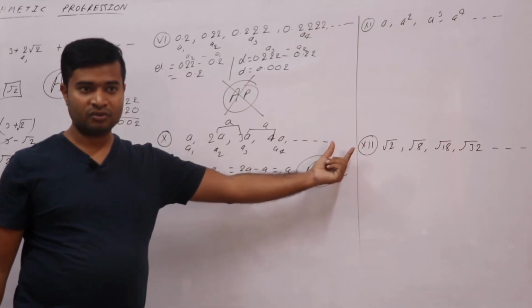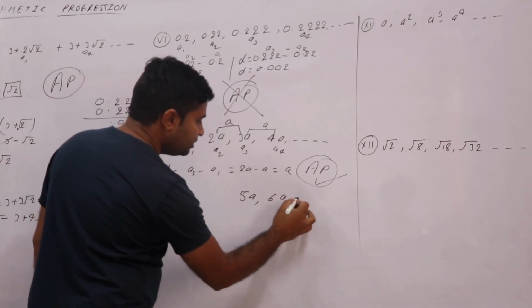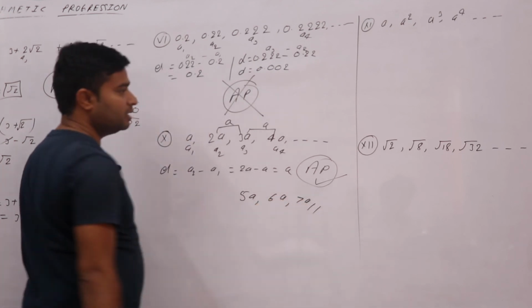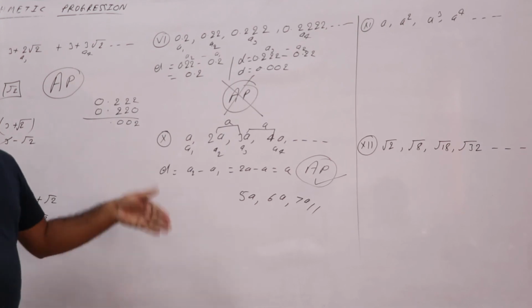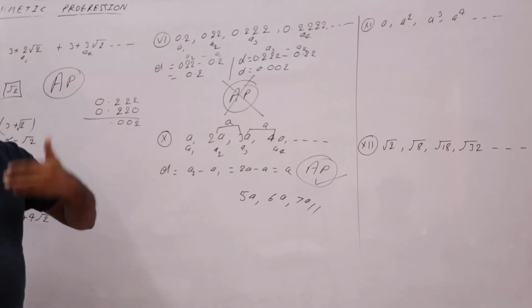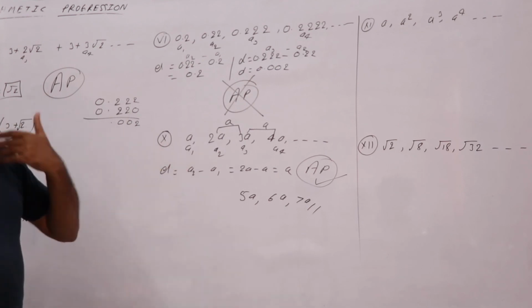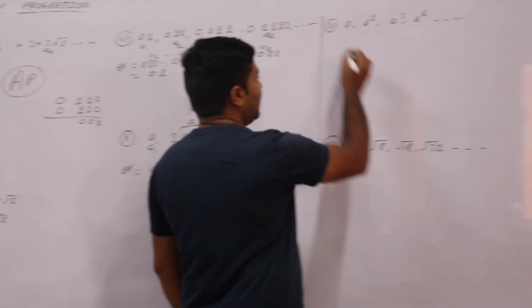So the next three terms: 5A, 6A, 7A. Yes or no? What will it be? 5A, 6A, 7A. Done? Is there any problem? No, sir. No problem. हम पूछे समझ में आ गया तो क्या बोलोगे? हाँ सर आ गया. या फिर यस सर मतलब प्रॉब्लम है ही अभी. No, sir. चलो तो यहाँ पे करो.